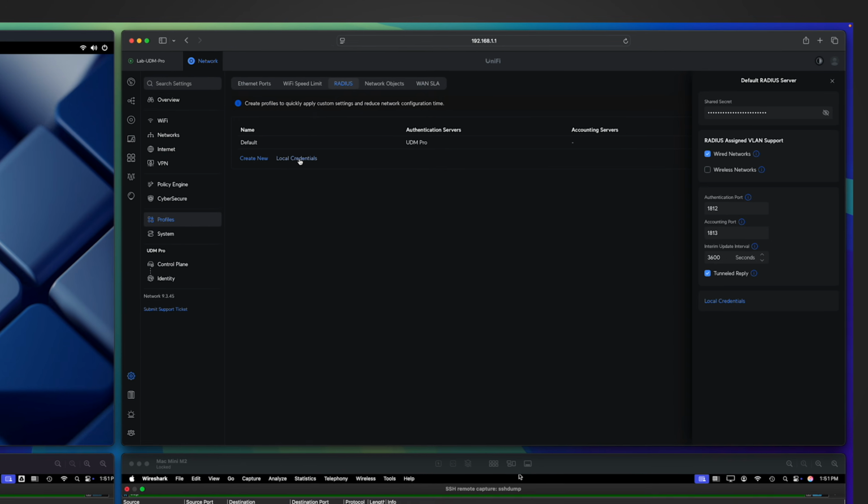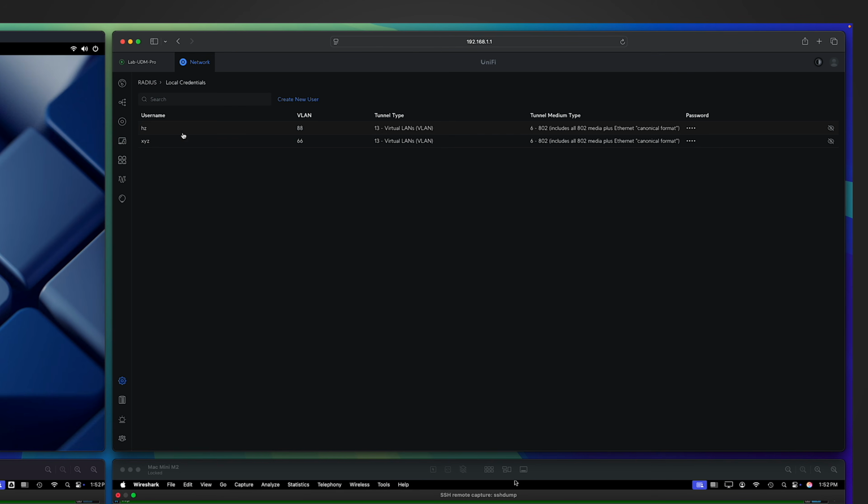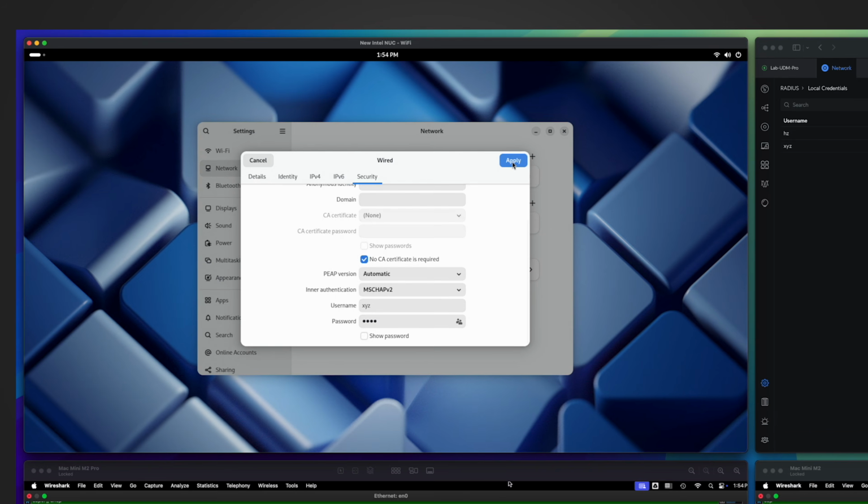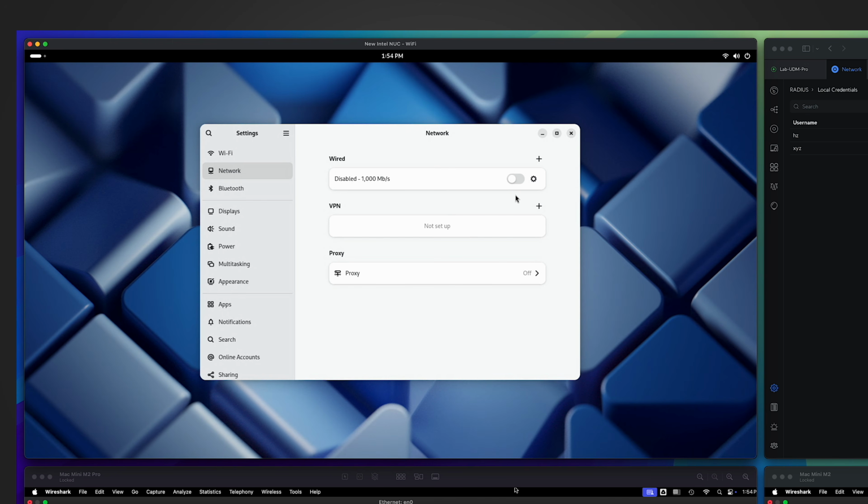Remember, in UDM Pro, I configured 2 users, right? Let me use the second user, XYZ. Let me see whether I can receive the IP address for VLAN 66, which is different from the Mac Mini example. Apply changes. In this way, I don't need to import a manually prepared profile. I can simply make changes in the settings, right? That's convenient. Now let me